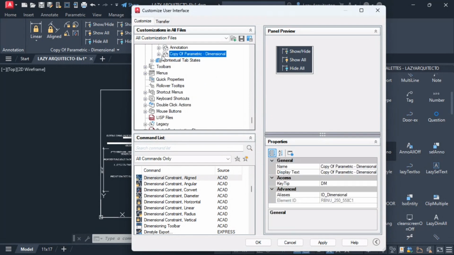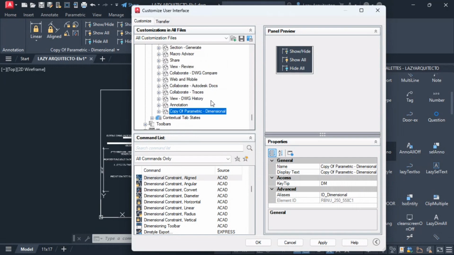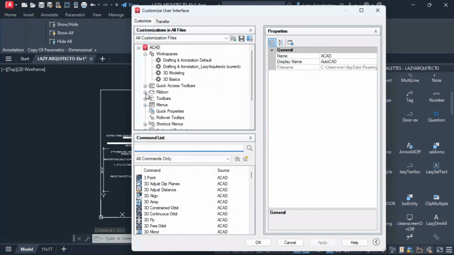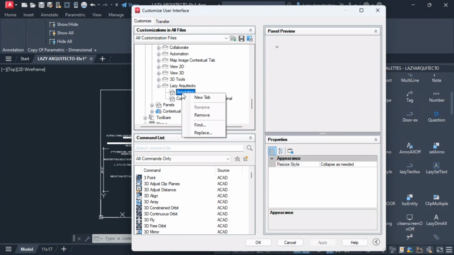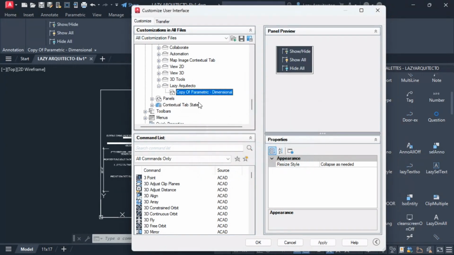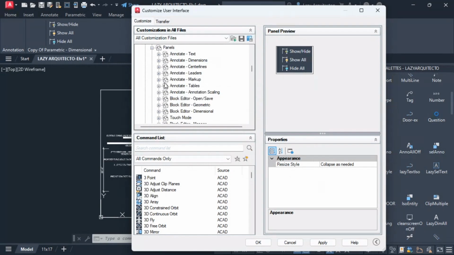So I have all the commands that I need now. And of course it is inside my parametric over here. So all I need to do now is, let me first hit apply. So I'm gonna go ahead and expand the ribbon, expand the tabs, find our new ribbon tab, and remove the ones that we don't need, in this case annotation, the ones in here. Then we need to go ahead and go to our panels, go to our copy of parametric, and of course expand this ribbon tab